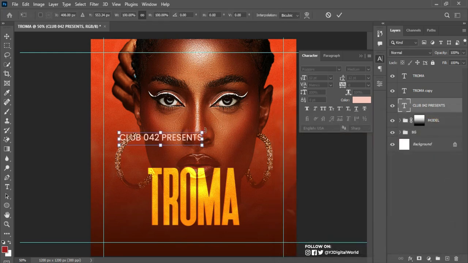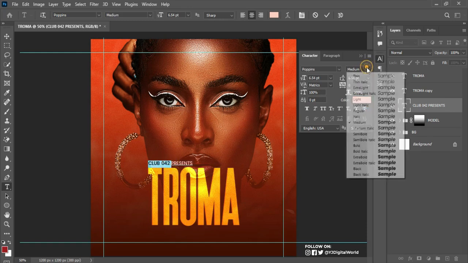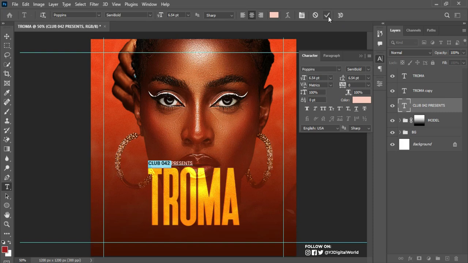Ctrl T and place it. Okay, make sure it's overlapping properly. Okay, so pick your text tool again and make the necessary adjustment. For this, I'll change this to regular, while for this I'll change this to semi bold. Okay, trying to create contrast with different